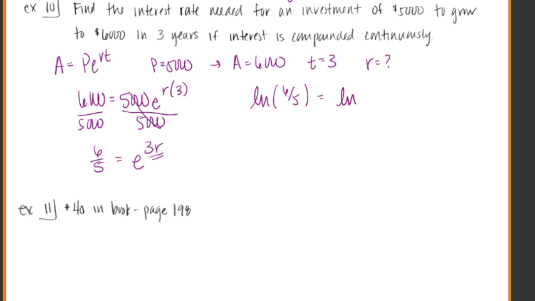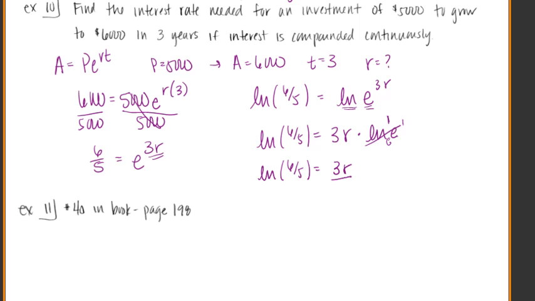Because remember, the natural log is a log that has a base of e. So I'm going to write this as the natural log of e to the 3r. Again, only choose natural log whenever this number right there is an e. Okay? So the natural log of 6/5 is equal to 3r times the natural log of e. Well, the natural log of e is just 1. And if you want to, just double check in your calculator, because remember that base matches with that base, and you just get that exponent sitting right there, which is 1. Okay, so I have the natural log of 6/5 is equal to 3r. Just divide both sides by 3. And so if you wrote it all out, you get r to be the natural log of 6/5 over 3,